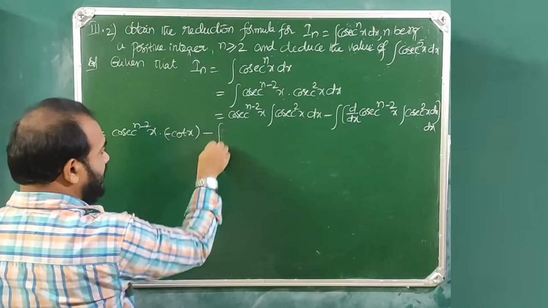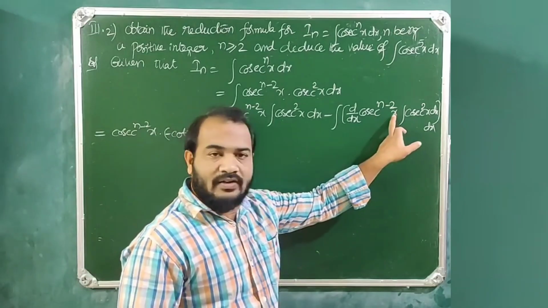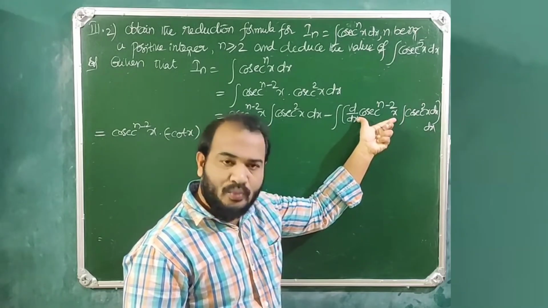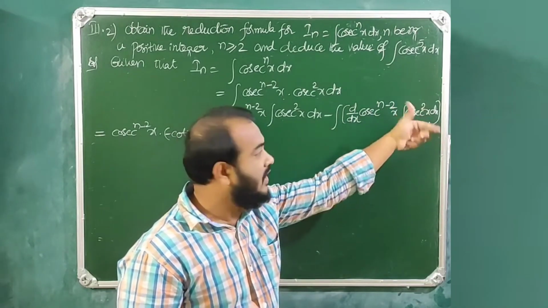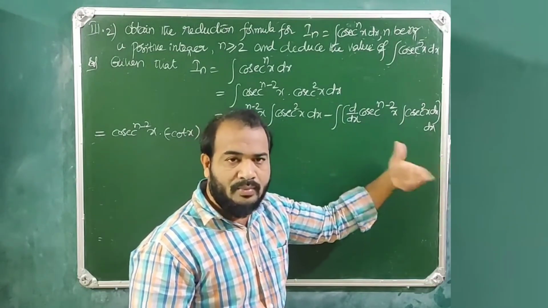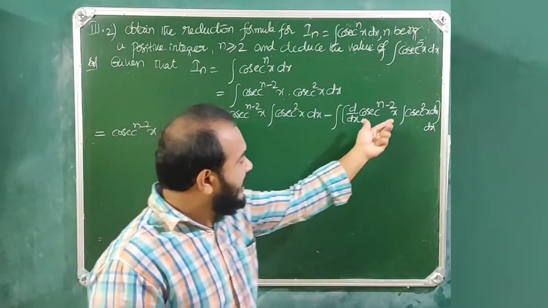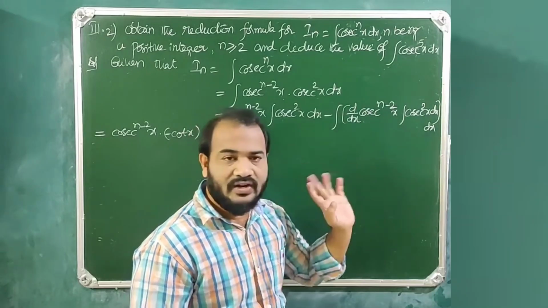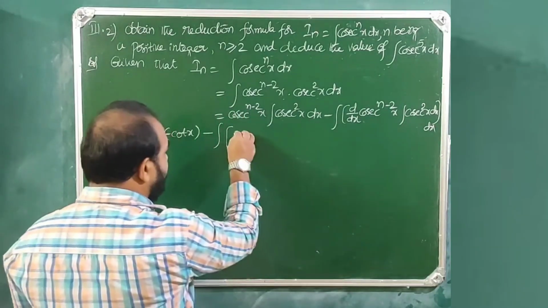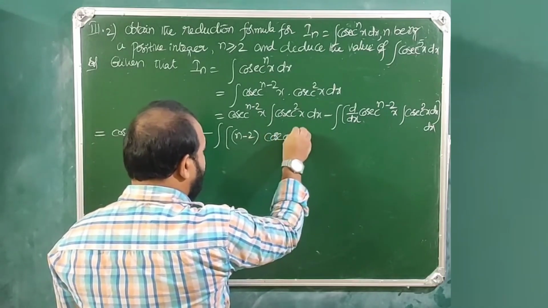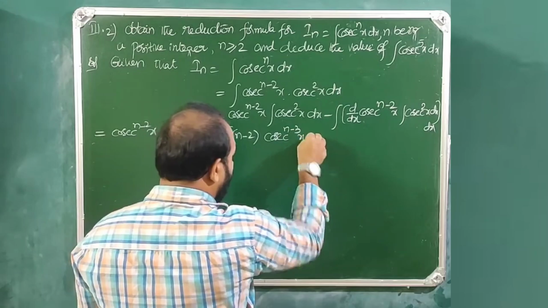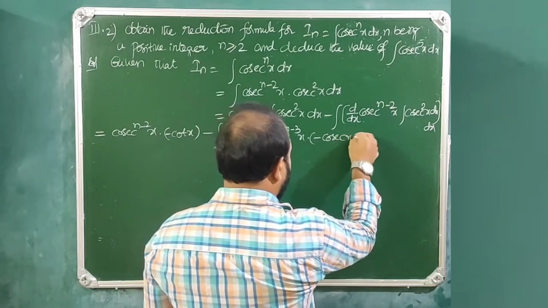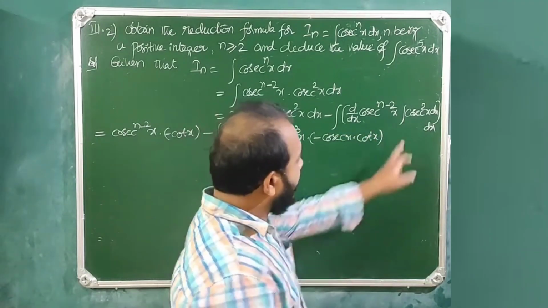minus d by dx of cosecant power n minus 2 x. We can write it as d by dx of cosecant x whole power n minus 2. So let us suppose this cosecant x to be x. So d by dx of x power n minus 2 is n minus 2 into x power n minus 2 minus 1, n minus 3. Since cosecant x is to be treated as x, later on we need to differentiate, into d by dx of cosecant x. So this is what we will do now. So n minus 2 into cosecant power n minus 2 minus 1, that is n minus 3, x into d by dx of cosecant x, which is minus cosecant x cot x,